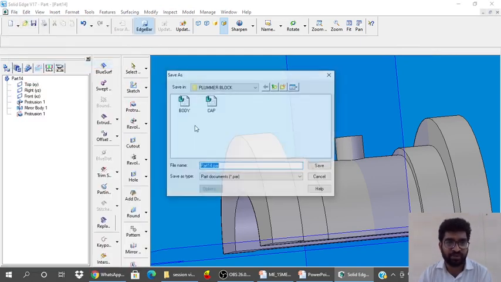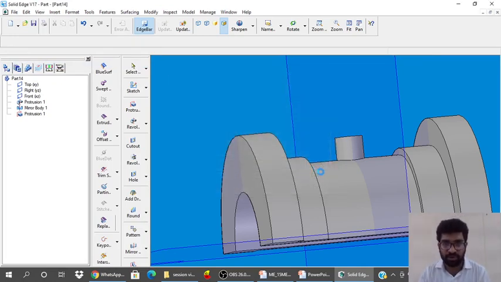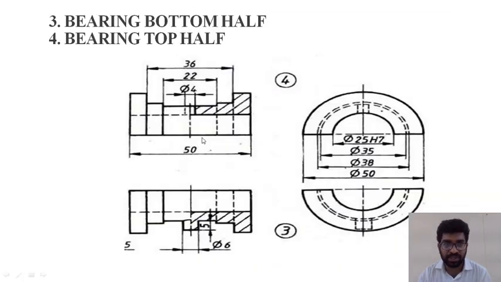File, save as, bearing bottom half, save, close this. So next, in the same way, we will create bearing top half with the same dimension. The only difference is we have a hole at the center,